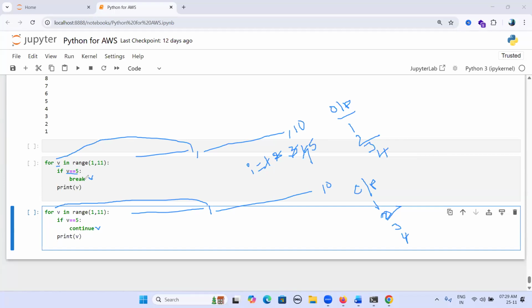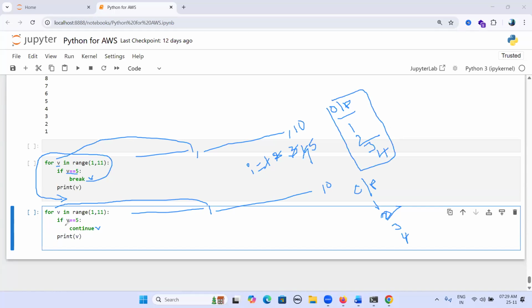Break terminates the loop, and control comes out of the loop. If the condition is satisfied, we are calling break. Break terminates the loop, then control comes out of the loop. So we get only the values 1 to 4.